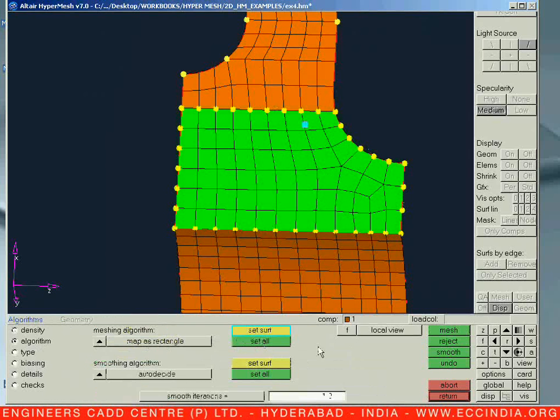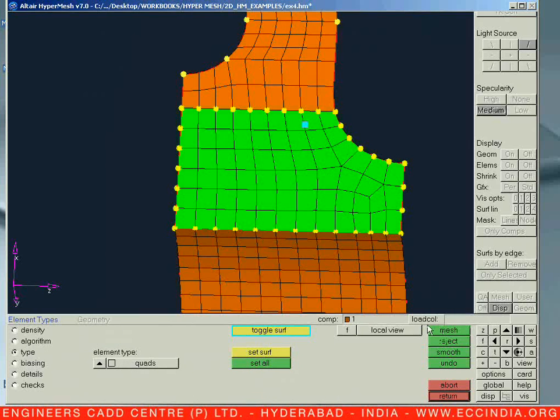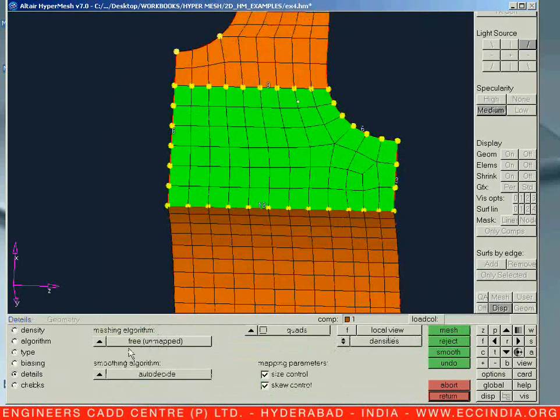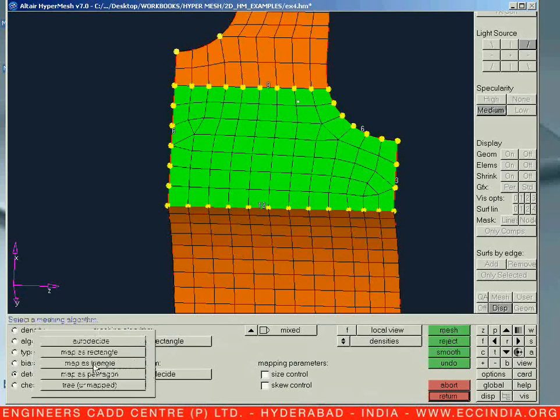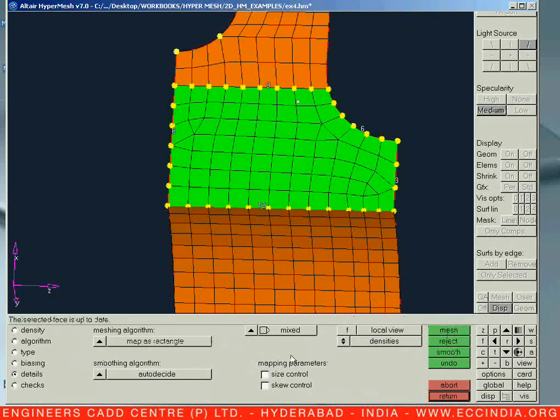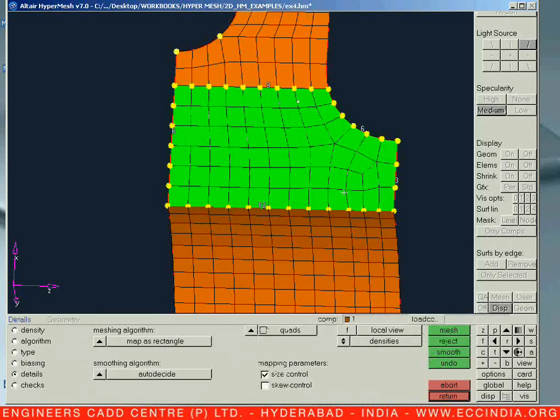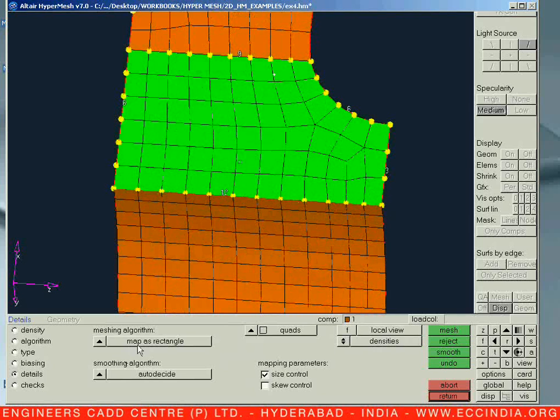So let us go for aspect rectangle mesh. Type quad, select mesh. Again say details, rectangles, mesh. Size control mesh, skew off mesh. Now go for mixed. Try it. It's not adjusting in that particular way, so let us keep on rectangle, mesh, skew, card, mesh. It should not deviate in this way. So let us keep off these two.